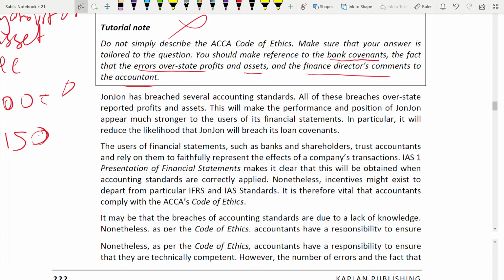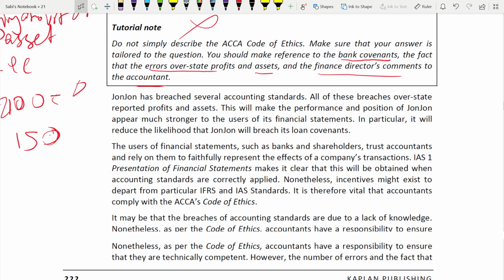This choice is up to you, but make sure you don't write your answer in one paragraph. Even though it's ethical issues, you have to write in different paragraphs. Maybe the 3 ethical issues you can write in 3 separate paragraphs. The action that you're suggesting to the accountant you can write in one paragraph, which is the last paragraph. The concluding paragraph is the actions only that the accountant should do. But before that you have to explain the scenario, what's happening. So let's start.